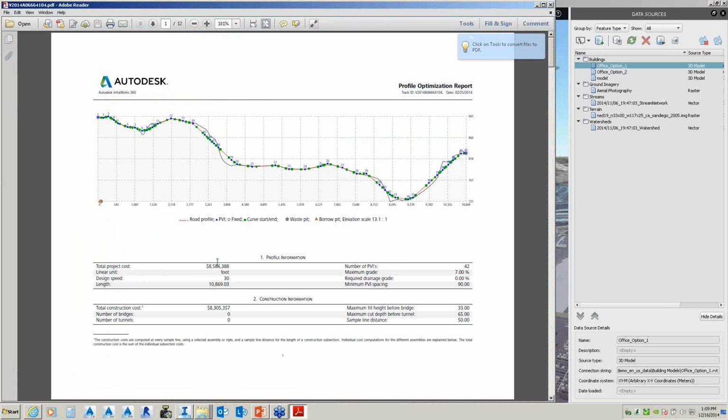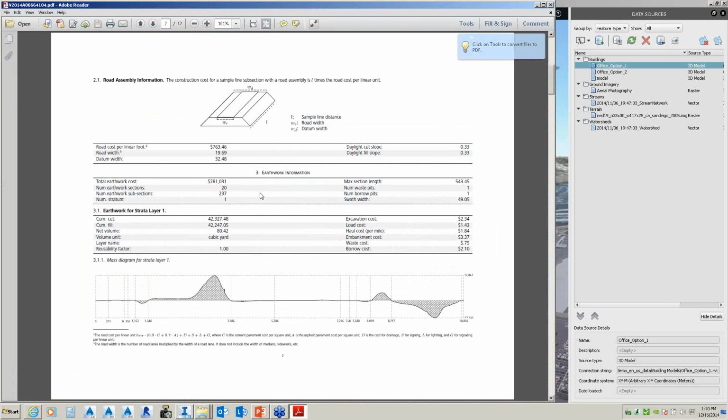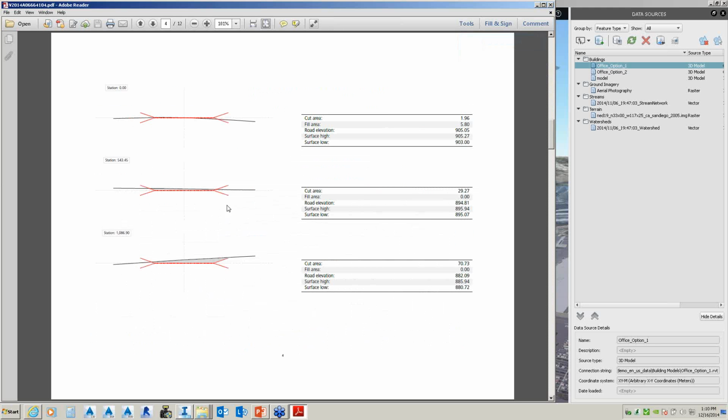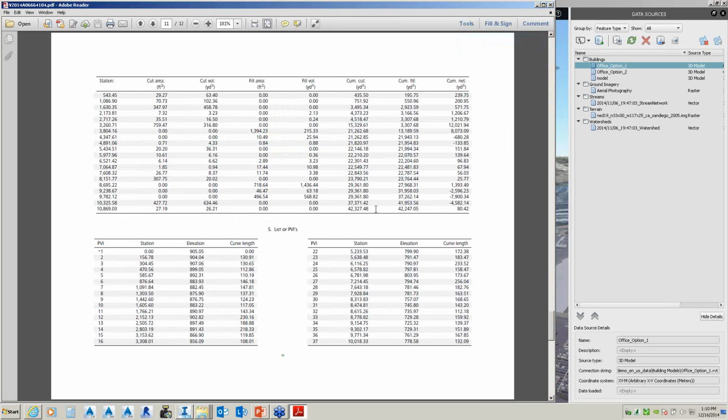So for those of you who are doing long-range estimates, it prints me a report out of the cost, mass haul, earthworks, a hauling scheme, cut and fill calculations for volumes. So it spits out a report specifically to that road and its best optimization.